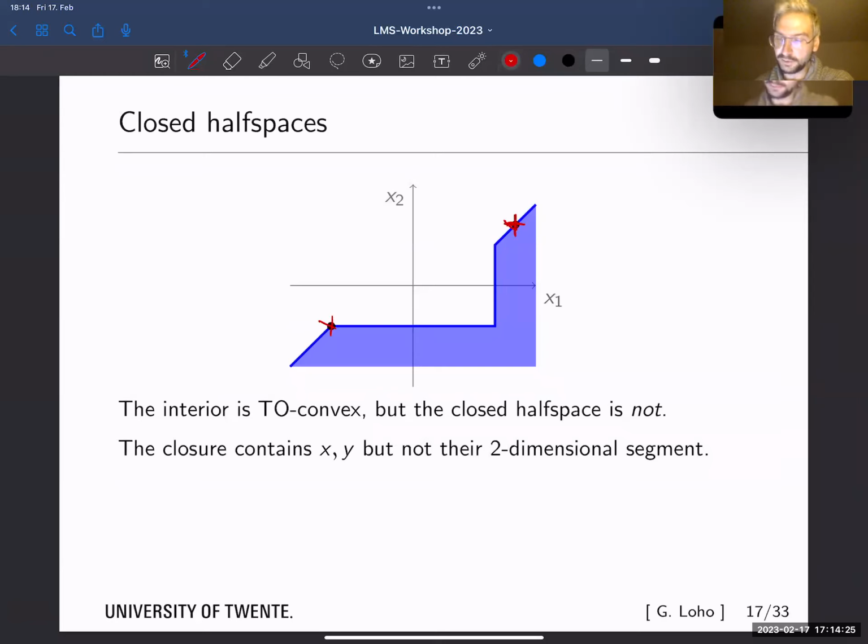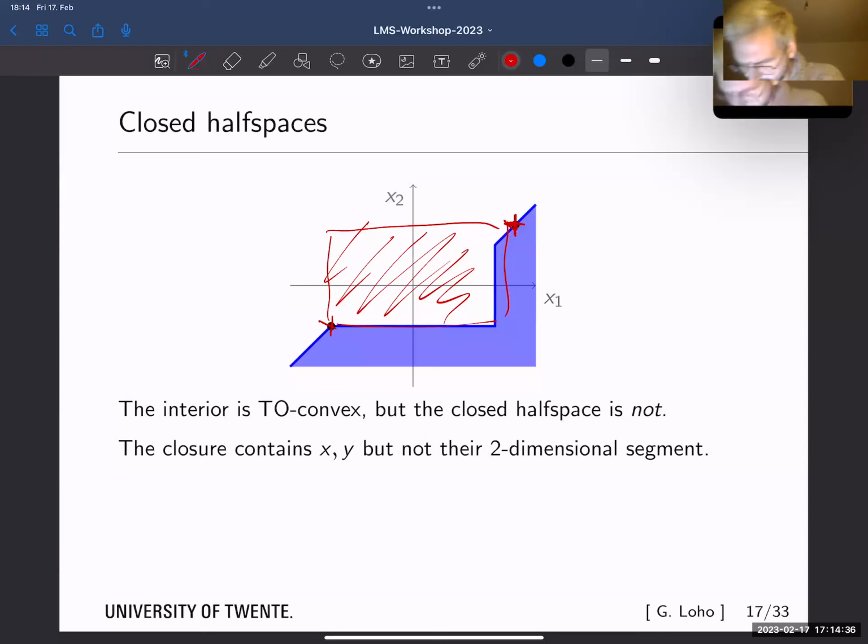And so really one can see this easily from the picture we have seen before. If you look at these 2 points, then actually if we take their TO convex hull, there should be this object here, or maybe this, sorry. Like there should be some 2-dimensional object in between, but it isn't. So this closed half space is not TO convex,